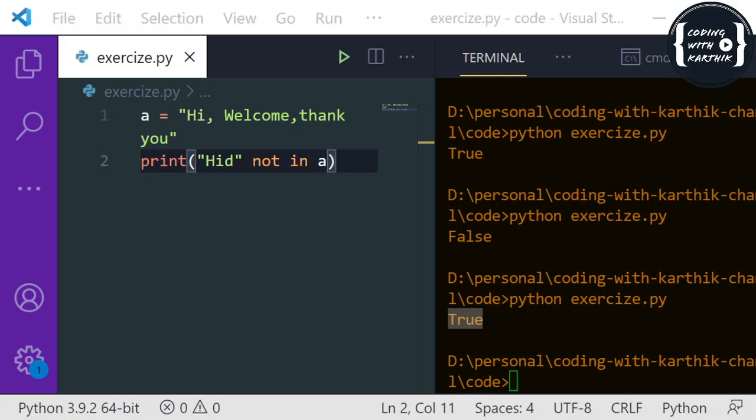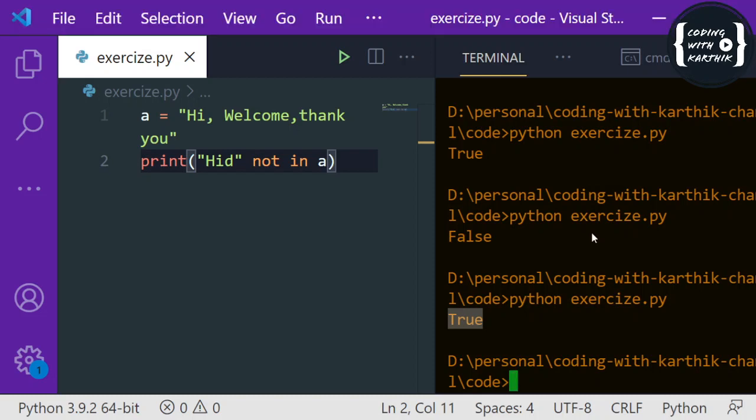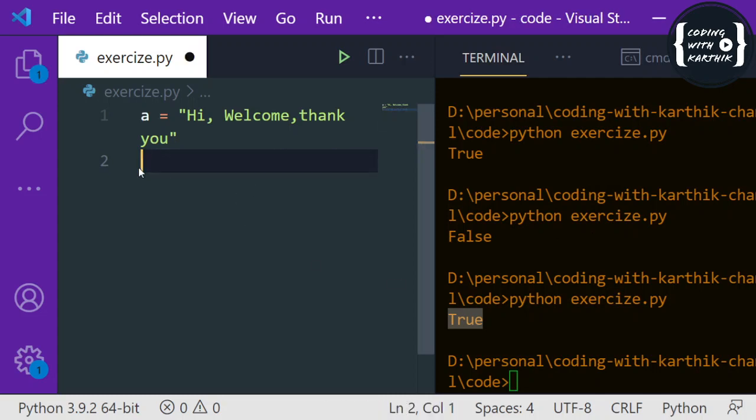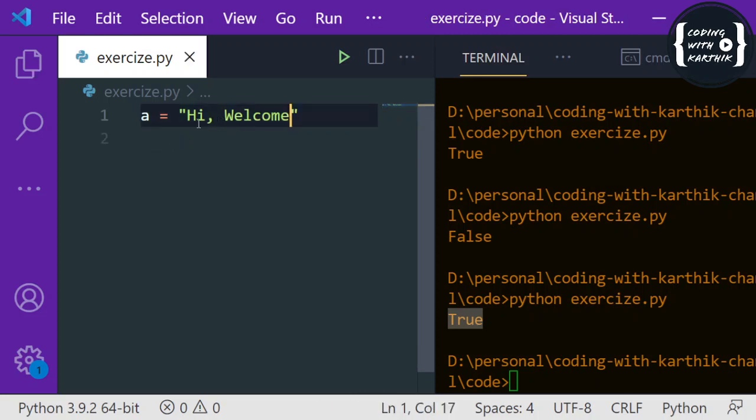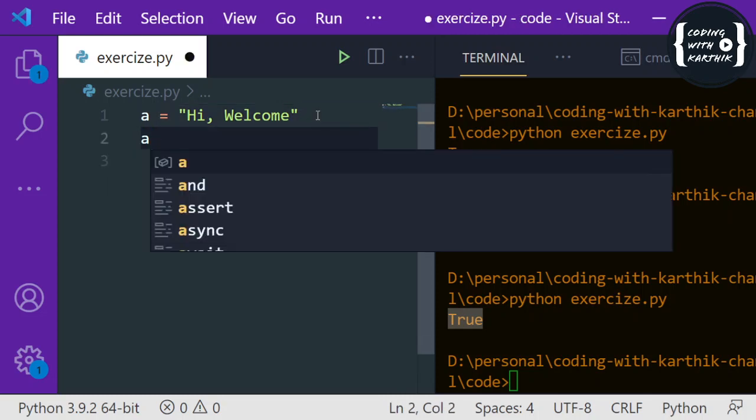Also, in Python strings we don't have specific methods to insert a specific character at a specified position. Let's say we want to insert a specific character after the comma. There are no default methods in strings to insert at a specific position.